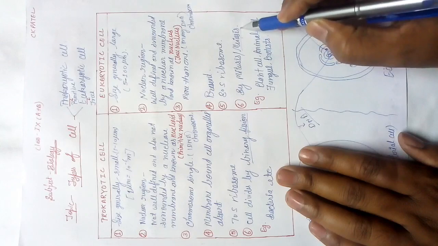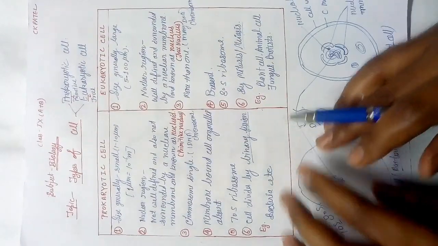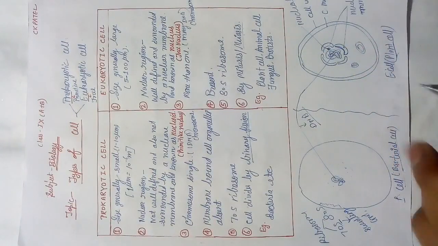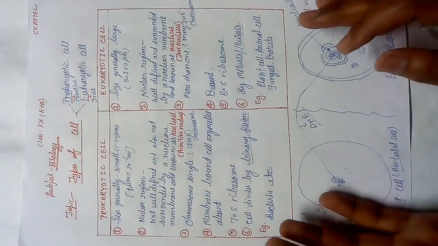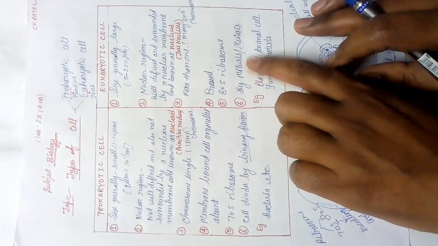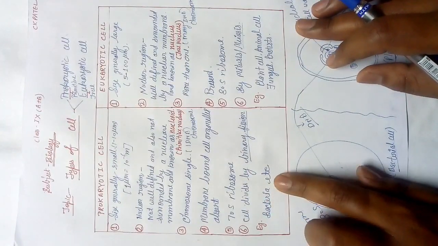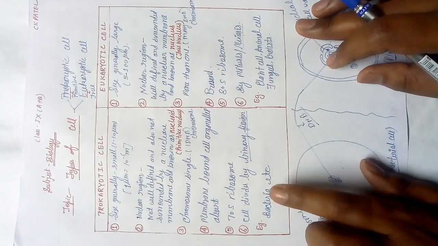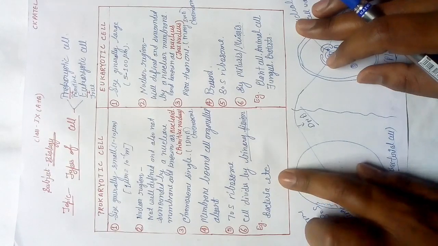Meiosis comes in the sense of formation of gametes, but for the cells of hands and skin, and other cells except testis and ovary cells, all cells divide through mitosis. Next is the example: bacteria. Okay, bacteria comes into this. One more example, mycoplasma.